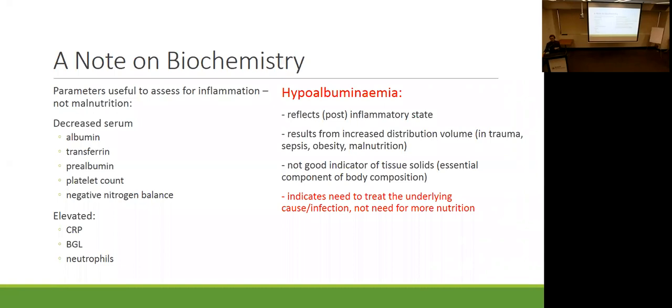No, our pre-albumin is something that looks at the last 3 weeks, whereas albumin's more of a long-term indicator. But yeah, so we would never say low albumin, at risk of malnutrition. We'd look at the whole clinical picture, and it might be part of it at the end of the day, but we wouldn't use it as something